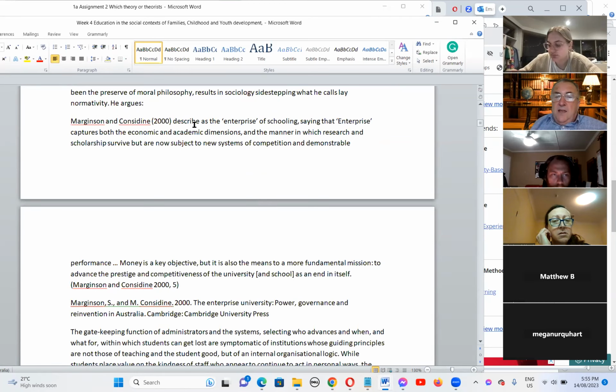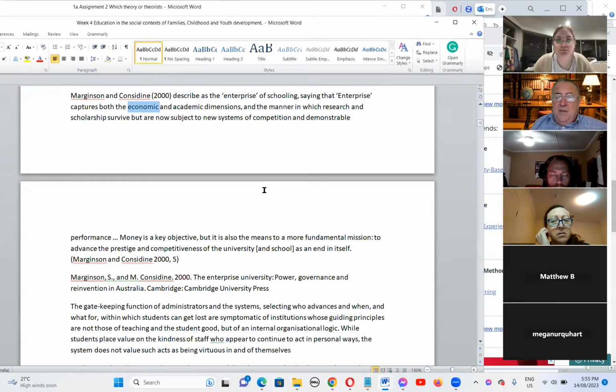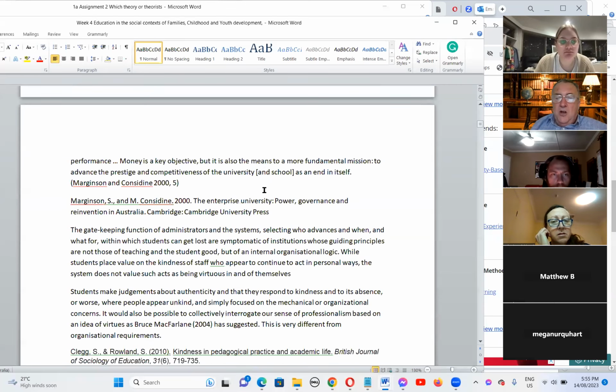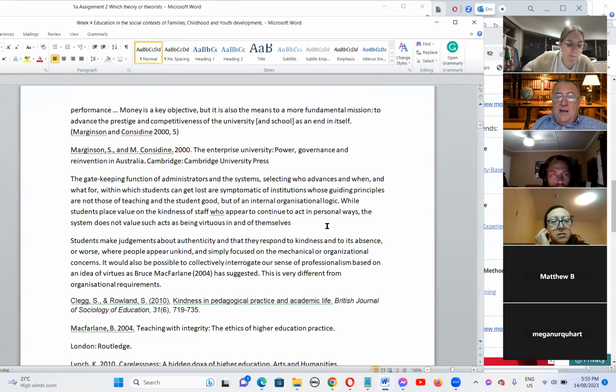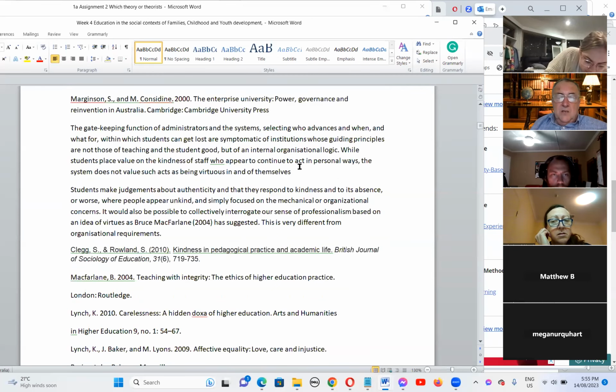Now, someone has said that some school administrators may focus on the enterprise of schooling and economics of schooling and speed of getting things done and efficiency, but that can miss out on kindness, and that can miss out on caring and all of these other aspects of teaching.